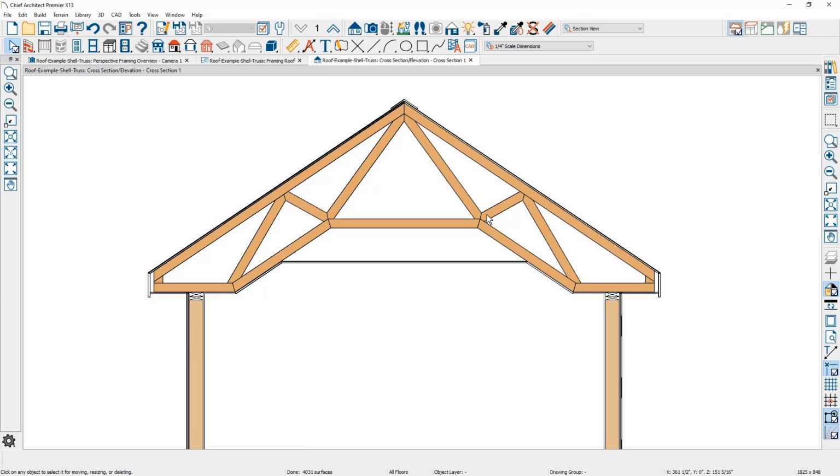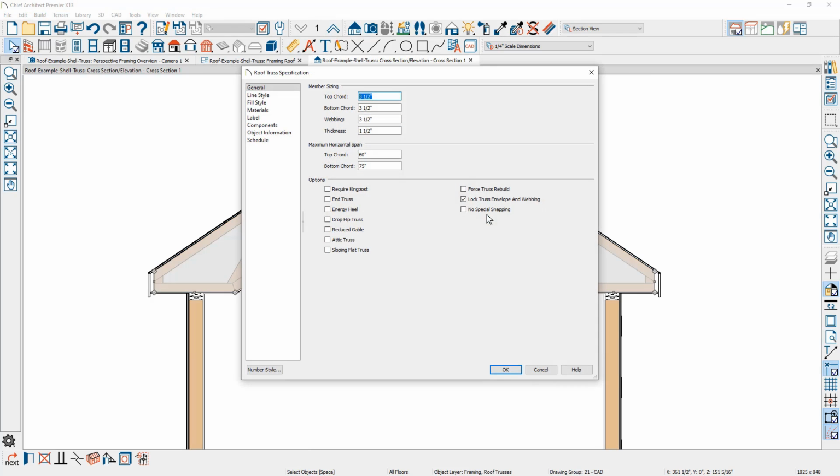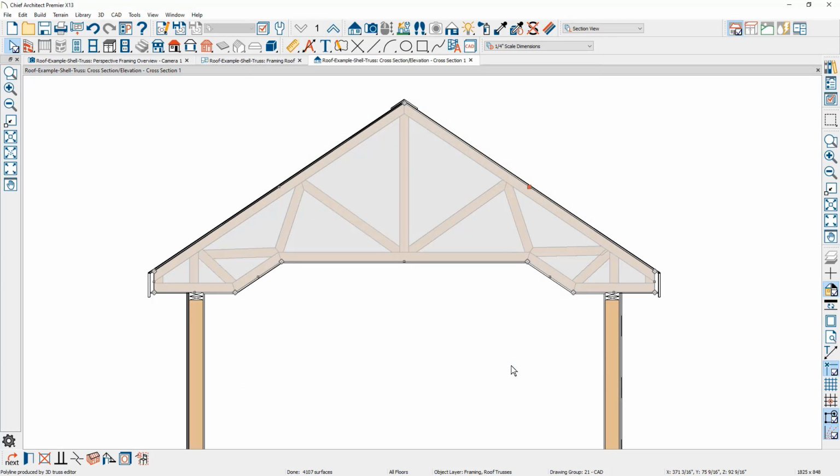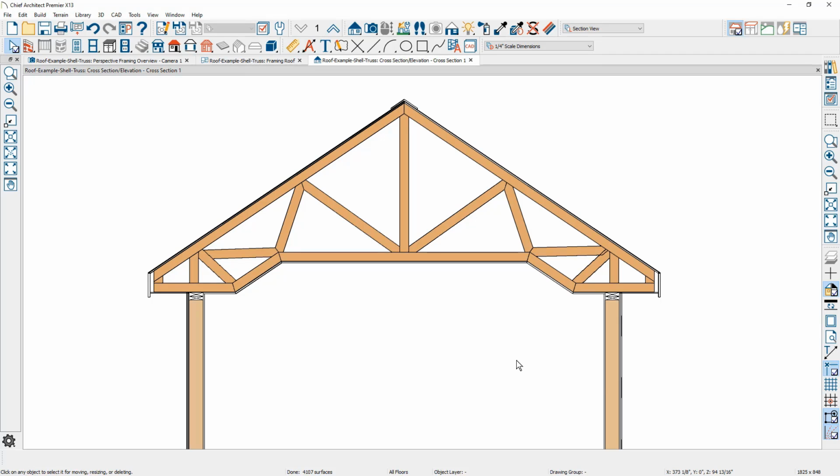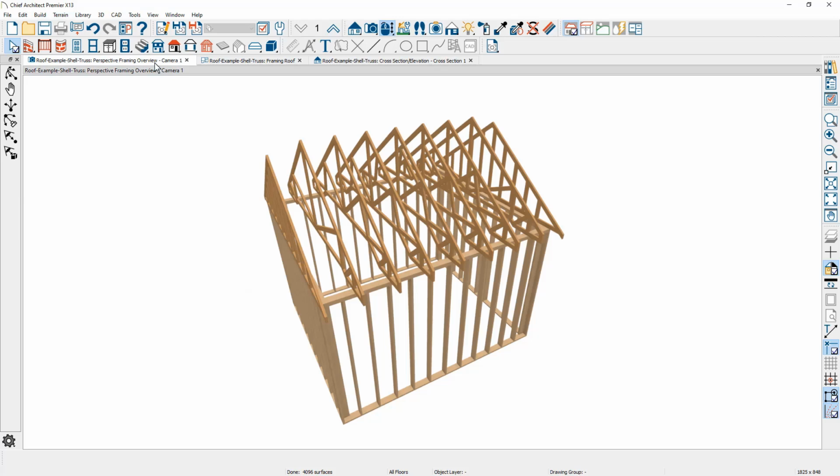I'm just simply going to open this truss up and I'm going to force it to be rebuilt. Notice that it has a lock on it. I'm going to remove the lock. We'll rebuild the truss so that it comes back into the tray ceiling. Now one of the things I want to take a look at, if we go back into the 3D view,